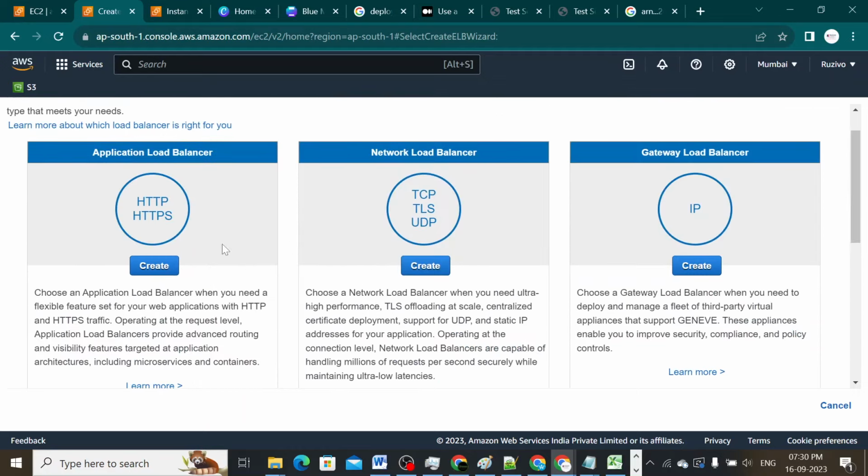Here, with the application load balancer, we can work with web applications, and if you want some more features, or you have to work with a network, then you would use a network load balancer. And if you're using a third-party application, then you can use a gateway load balancer. So right now today we are working with